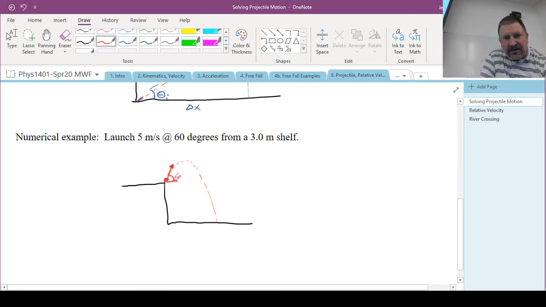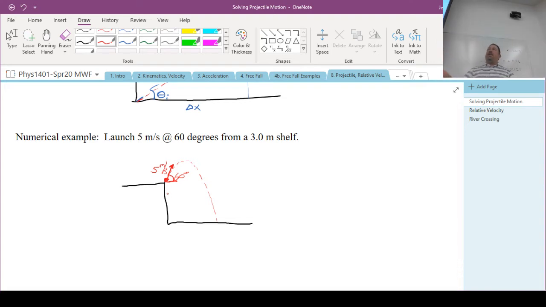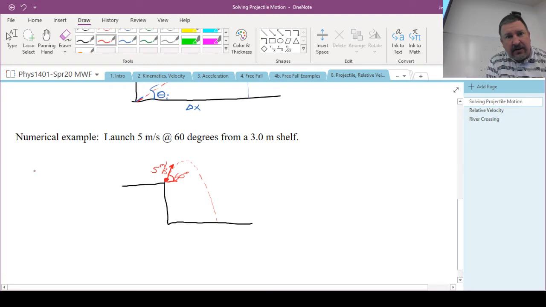There's our 60 degrees and 5 meters per second. Now, since I have a vector with its known magnitude and direction, I should probably find the components of that vector. So if I think about a little diagram of just the v initial vector, it would be like this: